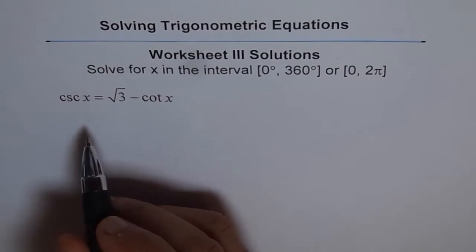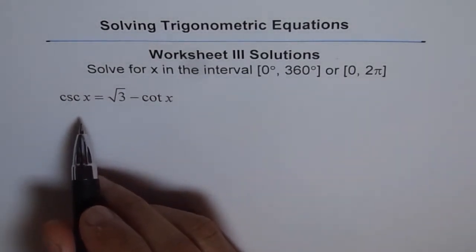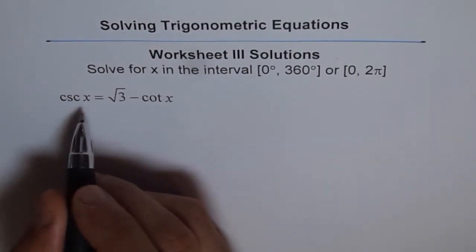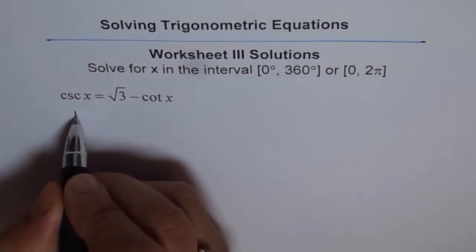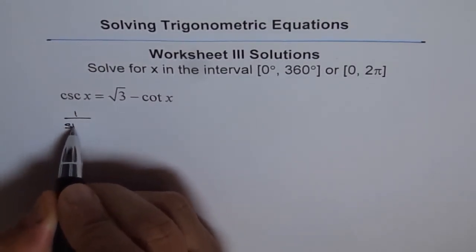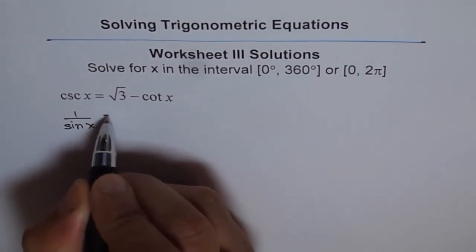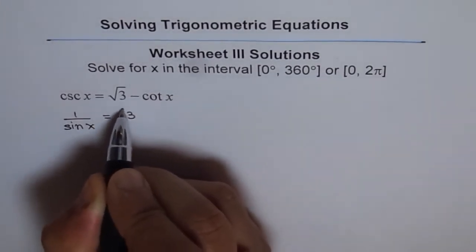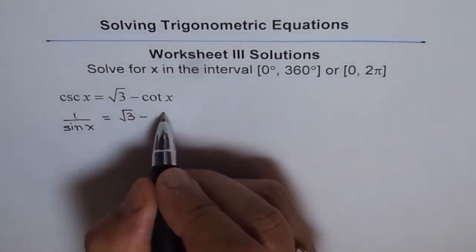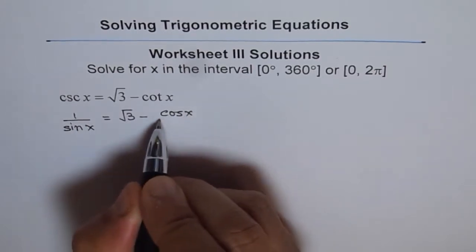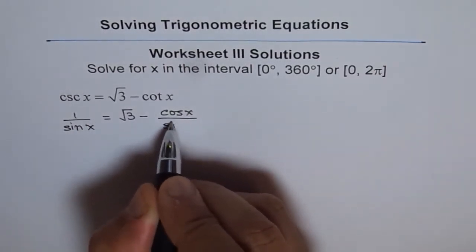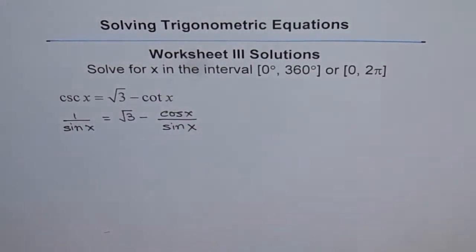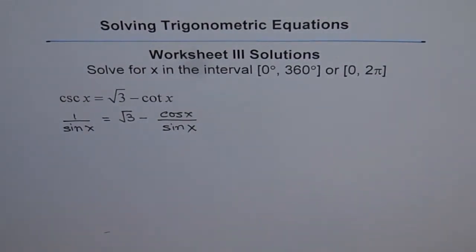So first thing we should do is write them in sine and cosine. So cosecant x is 1 over sine x, correct? So we write this as 1 over sine x equals square root of 3 minus cos x over sine x. Now, as soon as you write this, you know sine x is now in the denominator,